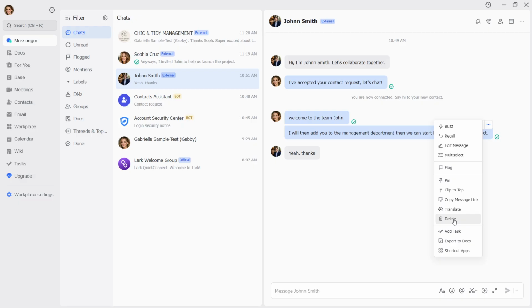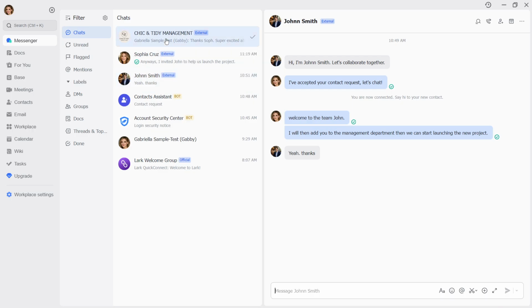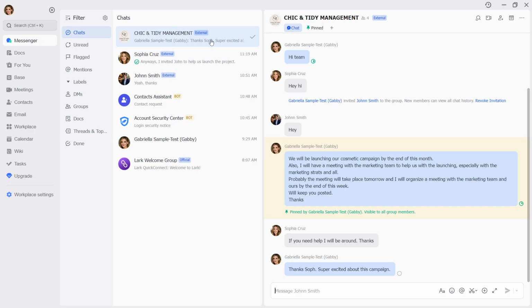Before you confirm either action, take a moment to review the prompts on screen so you understand whether the change is permanent and how it affects other participants, since options can vary by platform and permissions. If you might need details later, consider copying key information somewhere safe before you clear a chat or delete a message. The second approach is to pin chats you want to keep handy.